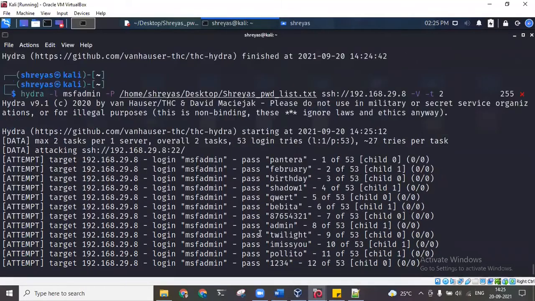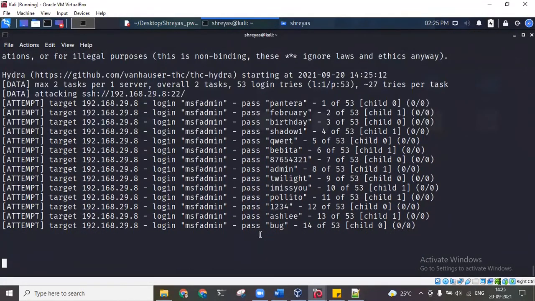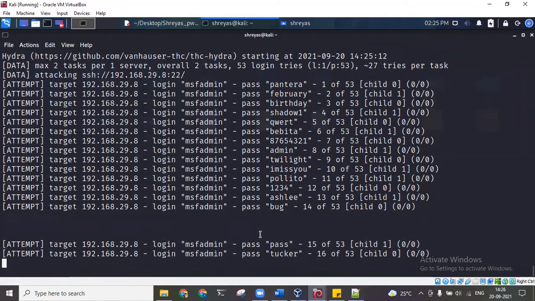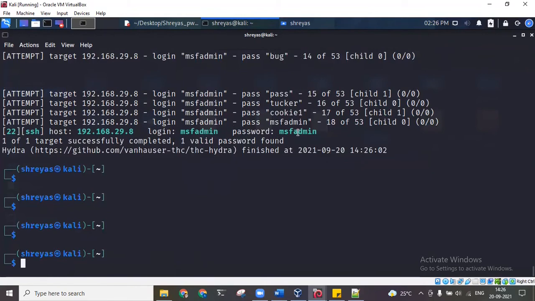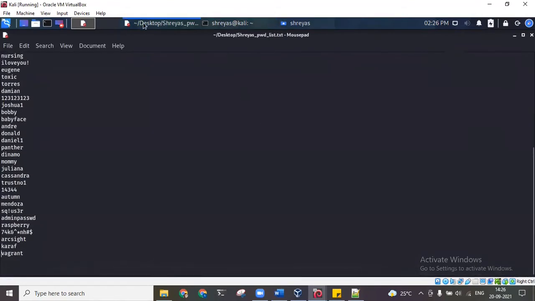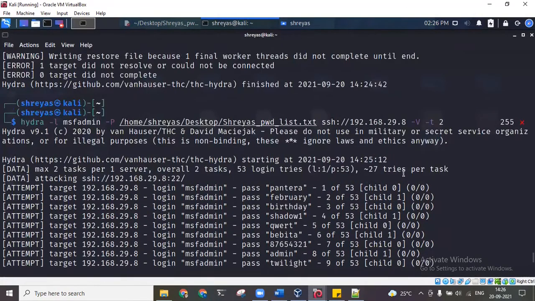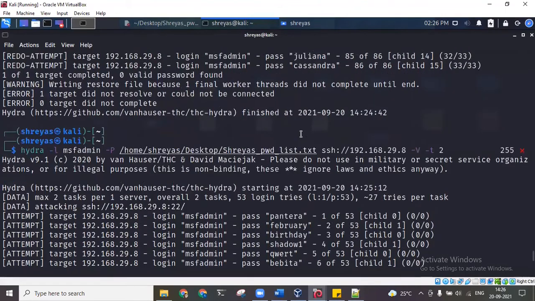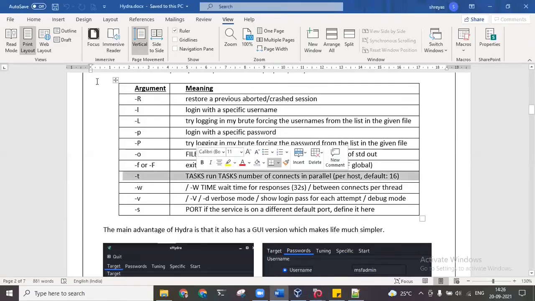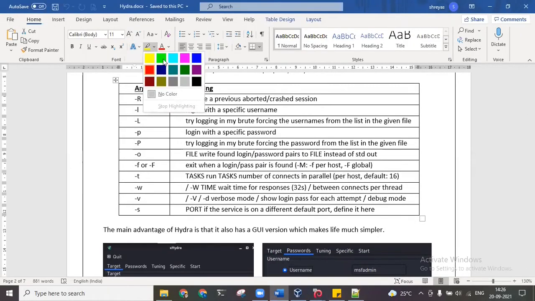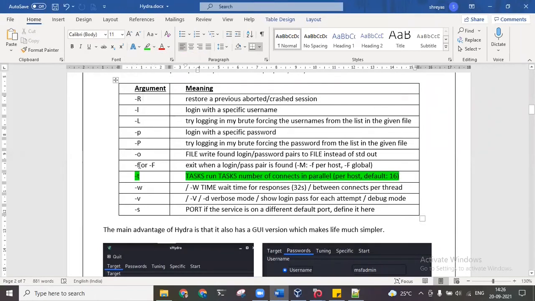It's stuck somewhere. Now it found it with the same command, but we just reduced the number of iterations that it was trying with every task. So by this we can get good, guaranteed results. So this is the importance of this -t. We covered this one, and then we covered -f, which basically stops the execution the moment a combination is found.